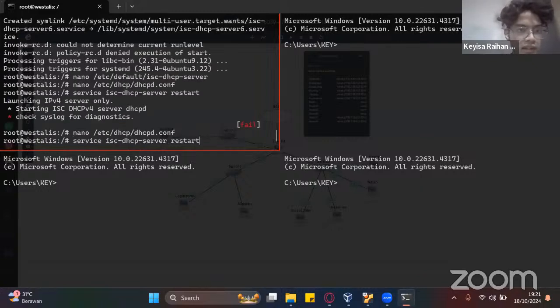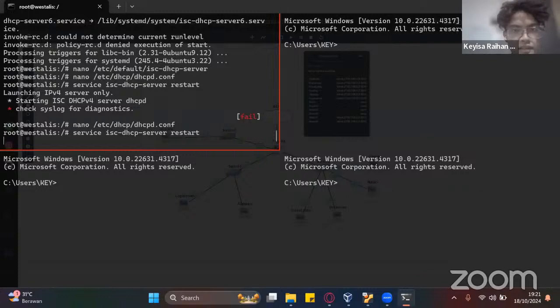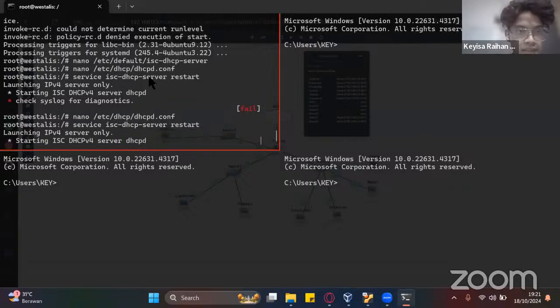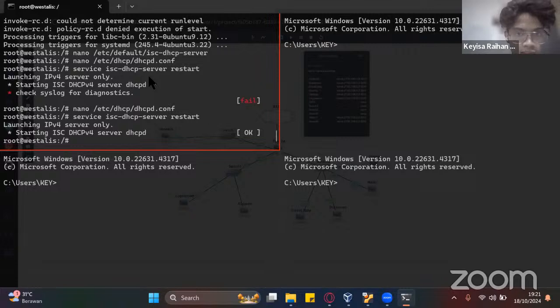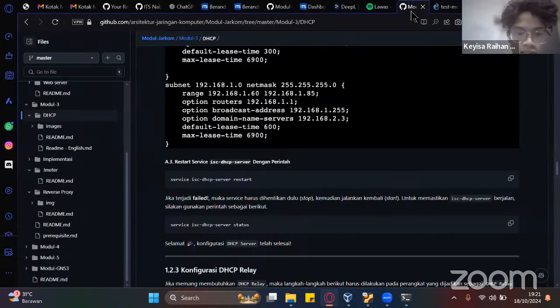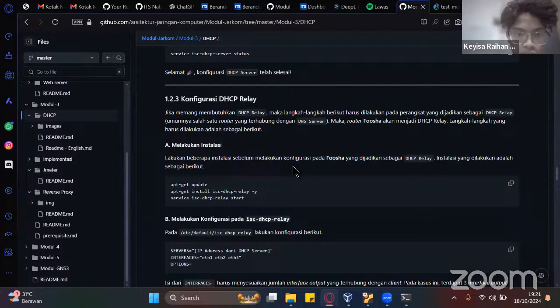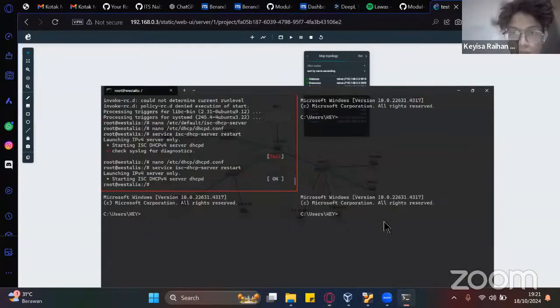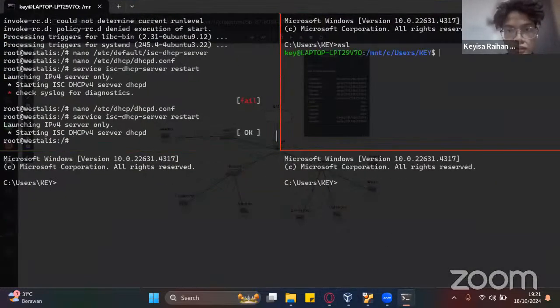Just save it and restart the service. Okay, if it's done and there is no problem, you can see that it's not failed again. After that, we need to configure the DHCP relay. So the DHCP relay will be this one. We need to telnet to